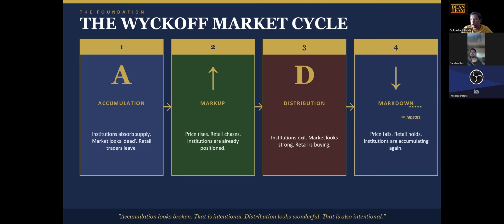I just said that shortening of the thrust will be explained in detail, because if I try to explain all concepts, then today's session will not be finished. To understand shortening of the thrust, we first need to understand what a candle is, what a swing high is, what a swing low is, all those things. It will take 3 or 4 sessions to understand that. We have to understand volume. After that, it will be easier to understand.